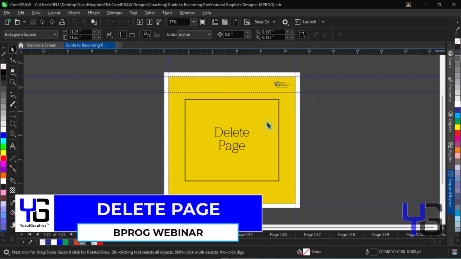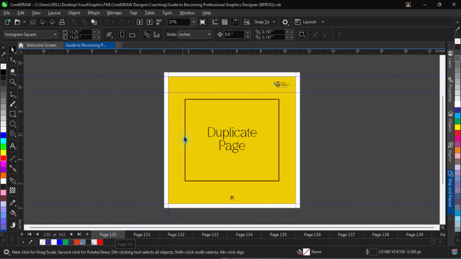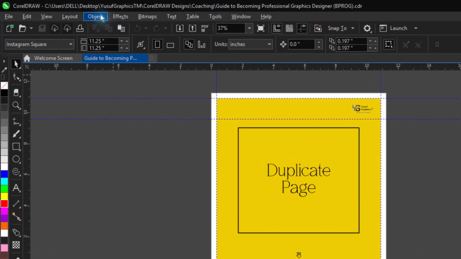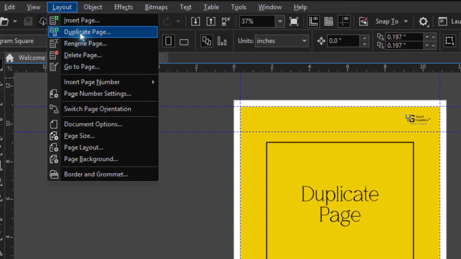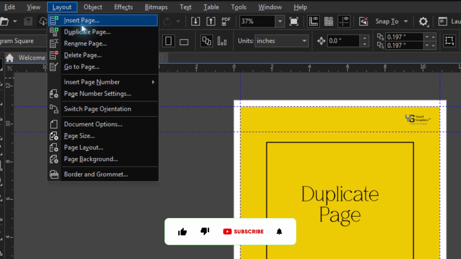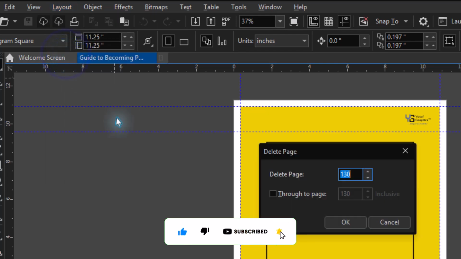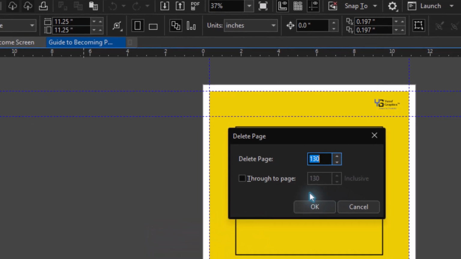To delete a page in CorelDRAW, you have multiple ways to do that. So assuming I want to delete this page, I'll come to the page, which is page 130 that I duplicated earlier. I'll come to the layout, delete page, and you see it, delete it. It asks me, did I want to delete